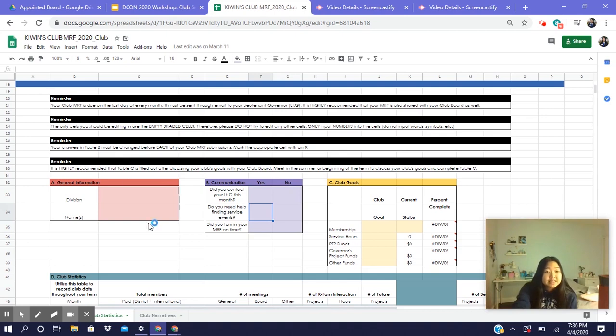And the last reminder says that it is highly recommended that Table C is filled out after discussing your club goals with your club board. Meet in the summer or the beginning of the term to discuss your club goals and complete Table C. So Table C includes information regarding your club goals, such as membership, service hours, PTP funds, governor project funds, and